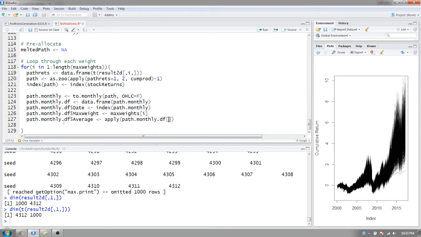And then we can index our object from 1 to the number of sims. And then let's do just the mean. All right. And then let's do melted path and just rbind all of this together. So we'll just rbind it to the melted path, which, remember, was our pre-allocated object. This means that every time we go through the loop, we're going to rbind it to itself, just add another row, and then we're going to actually melt our path monthly data frame,